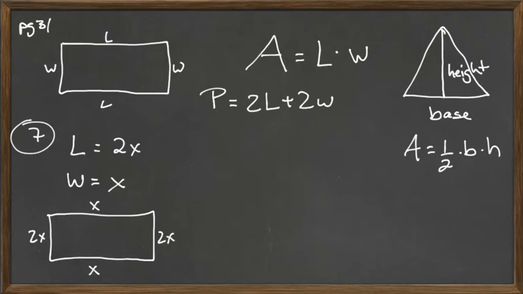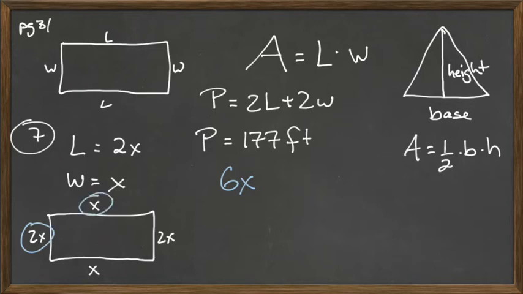The perimeter, P, is given, that is 177 feet. Okay, now we have to find the length and the width of this volleyball court. All you really need to do is combine like terms. So if you look at my rectangle here, how many x's do I have? 2, 4, 5, 6. 6x all around. 2 plus 1 is 3, plus 2 is 5, plus 1 is 6. 6x, and that is equal to